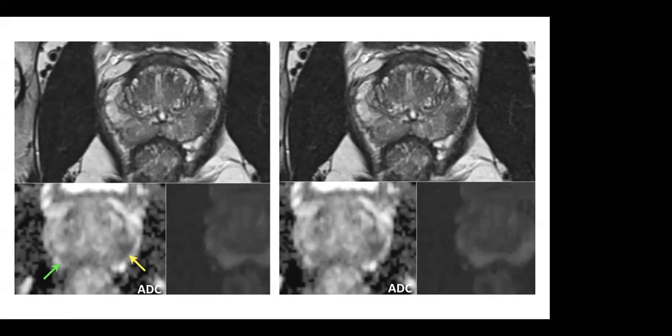And if we look at the contralateral side on the next image, on the left side of the screen, we see another area which is again appearing slightly iso- to hypo-intense on T2, as shown by the arrow. And on the diffusion restriction, there is hypo-intensity of this lesion. This lesion was characterized as PI-RADS category 3 because of the intermediate signal intensity of this lesion.